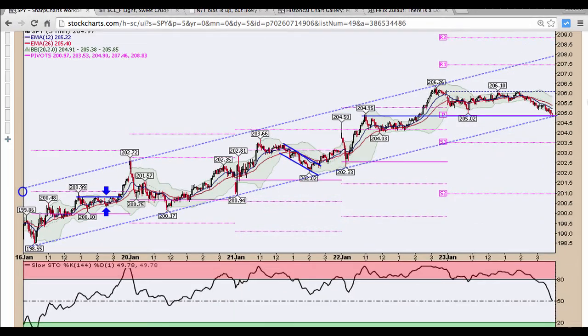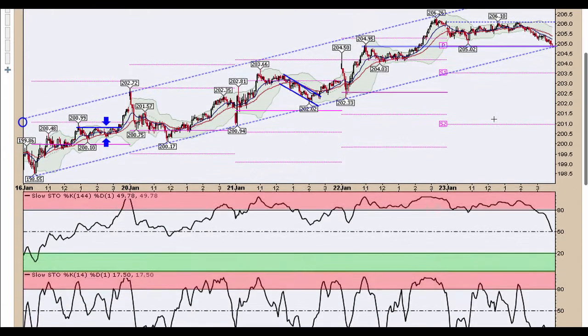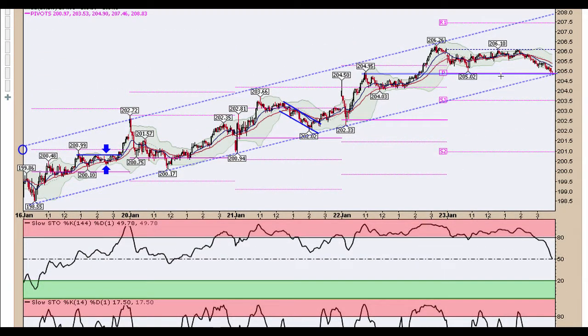This is a chart of the spiders 5-minute, and what we see here is a trend line going back to the 16th of January, where we kept seeing a bounce off of these levels, and we're currently trading right at that level, as well as the 382 on the recent Fibonacci pivots on the daily chart. Notable is that slow stochastic 14.1 is in oversold territory. The 144 could bounce in this area like it did previously on the 16th and again on Tuesday. So we're looking for that to turn right at this trend line, as well as the pivot on Friday